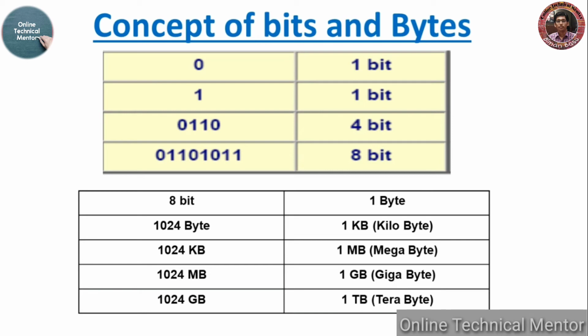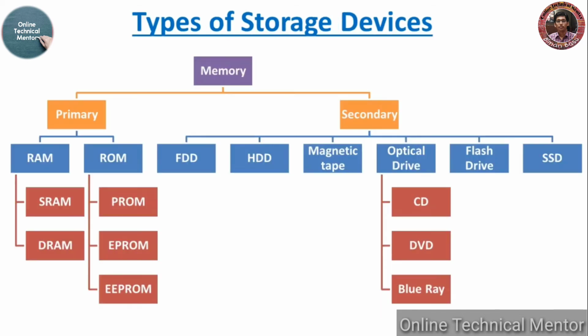So within a computer or an electronic device, if there is a storage area, you have to specify the amount of storage area. You have to express this storage area in terms of bits, bytes, kilobyte, MB, GB or TB. Since these bits and bytes are related to storage area or simply memory, let me tell you something about memory. The computer memory is divided into two categories, primary memory and secondary memory.